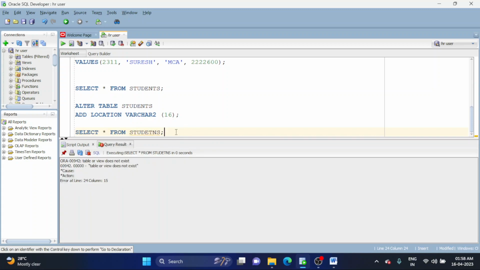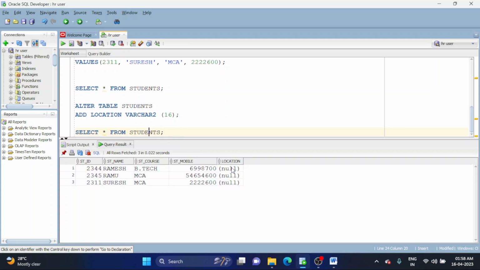Now do execute. The new column is inserted, that is location. But here there is no data because we have not inserted any data, so null values appear. Then this is the one column insert. If you want to insert more than one column at a time, we have one more syntax,